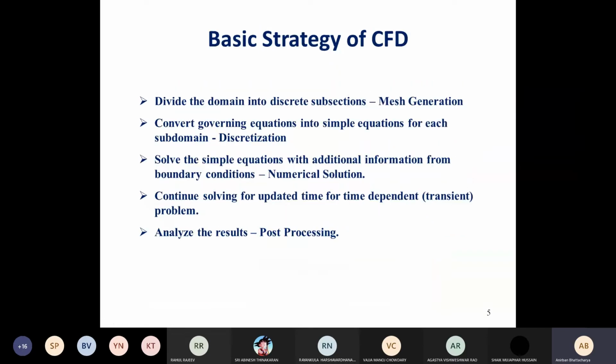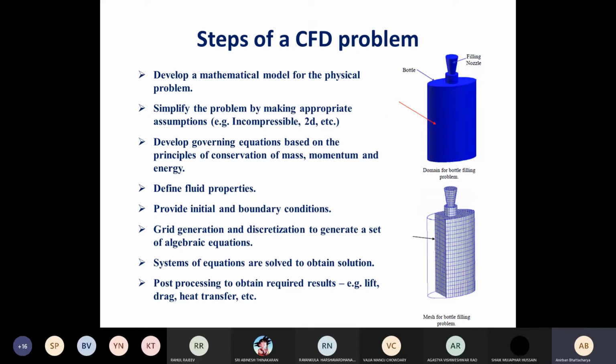In some cases like this bottle filling problem, the domain seems to be very simple to take, but in other cases it is quite complicated. Similarly for boundary conditions also, in many cases it is very difficult to take the appropriate boundary conditions. You have to suitably modify the problem to get proper boundary conditions. Later on during the course, after a few classes, we will have a proper discussion on boundary conditions, and then we will see a lot of examples of different types of boundary conditions and how to suitably take boundary conditions.